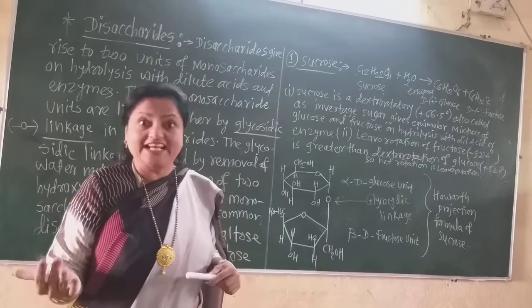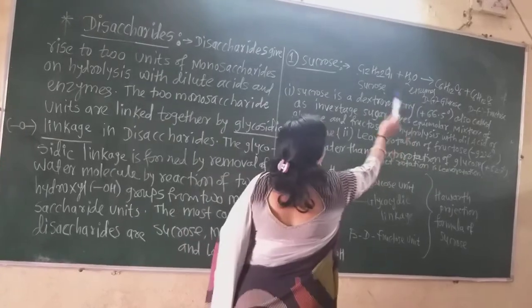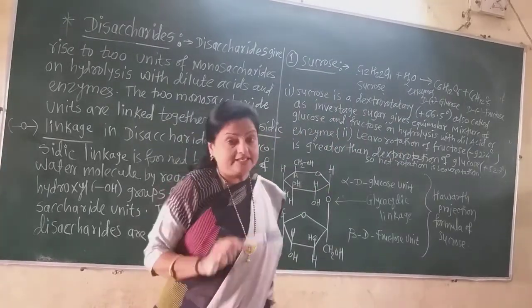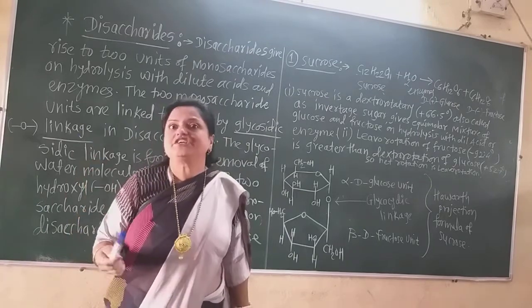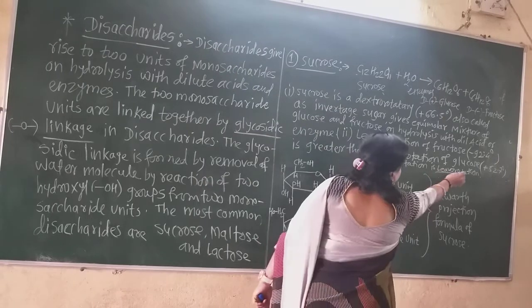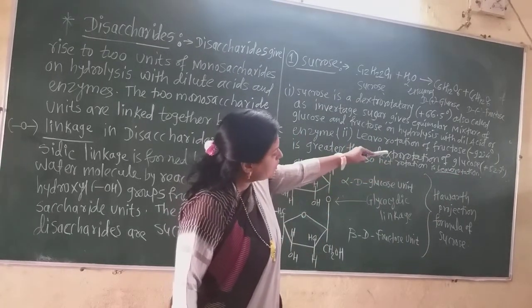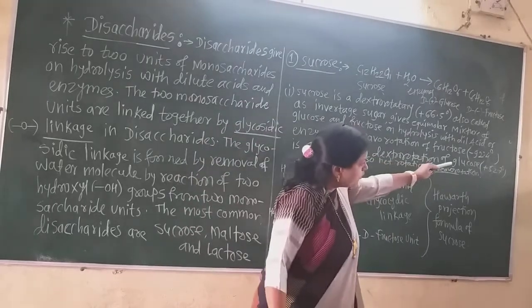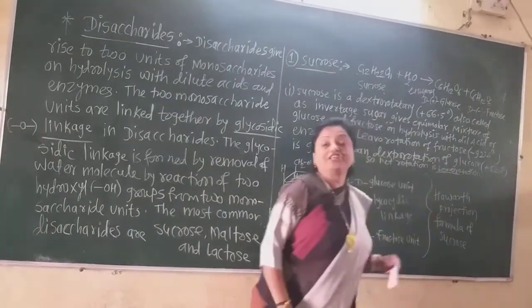Levorotation is more than the dextrorotation. First, this sugar is dextrorotatory when it is in the form of sucrose. See here, and after hydrolysis there is levorotation. The result of the hydrolysis is the levorotation, that means negative. If we subtract this 52.7 degree from this 92.4 degree, then the levorotation is more